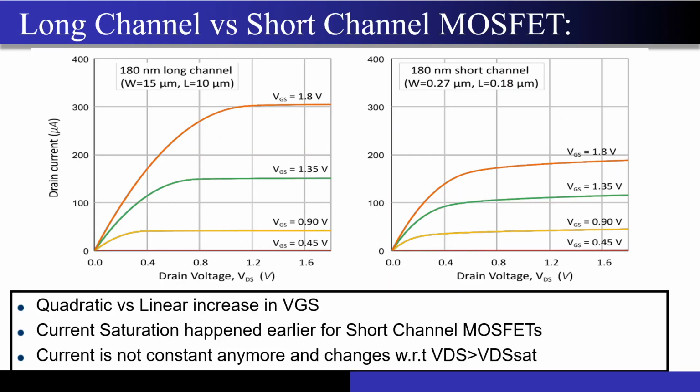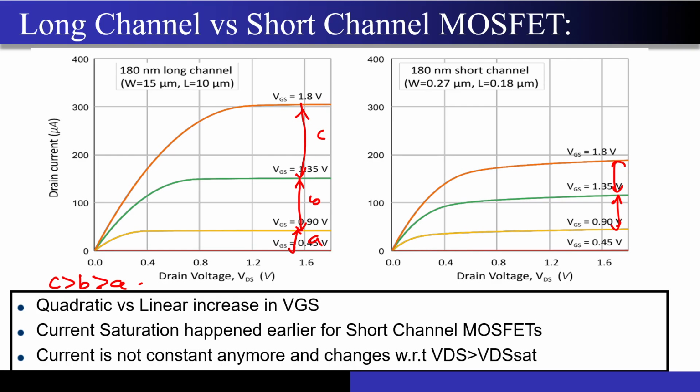Correct? So now, going back to the technical details, we saw this graph in the lecture, the long channel versus short channel MOSFETs. There are three things I want you to note here. This difference that you're seeing is increasing consecutively between these curves. If I write C, B and A, then I can write C is greater than B is greater than A. But if you look at this difference and this difference, they are almost identical.